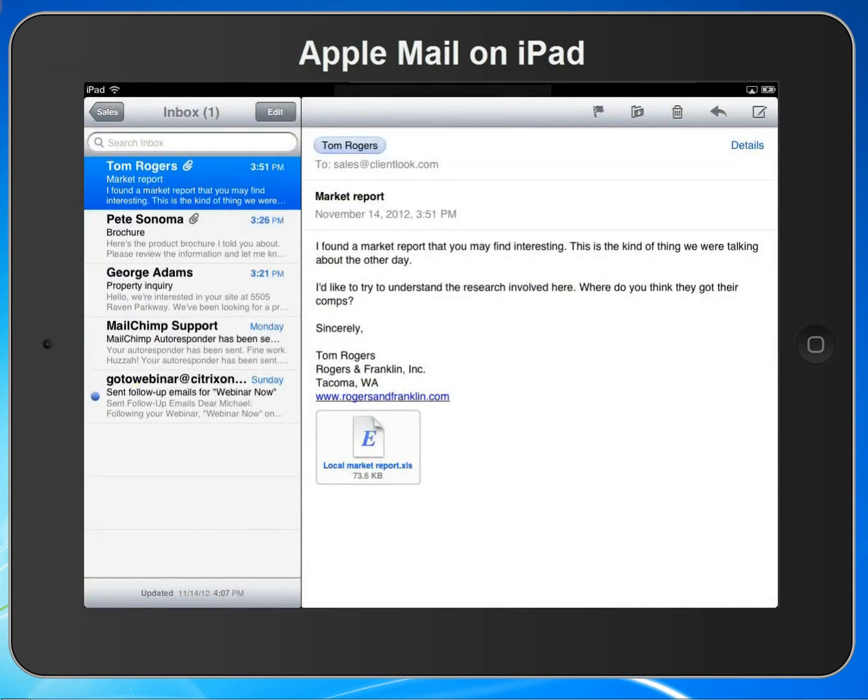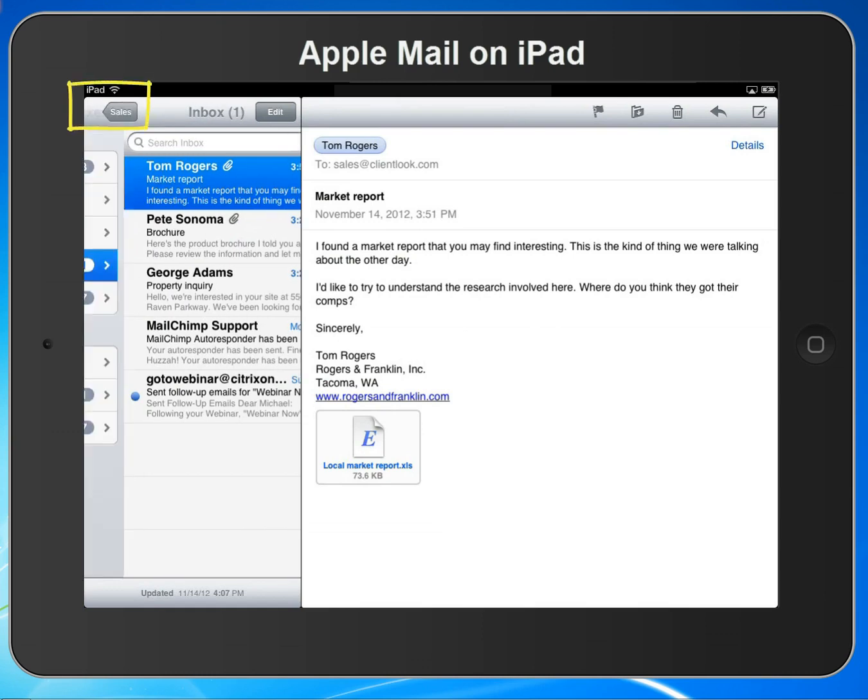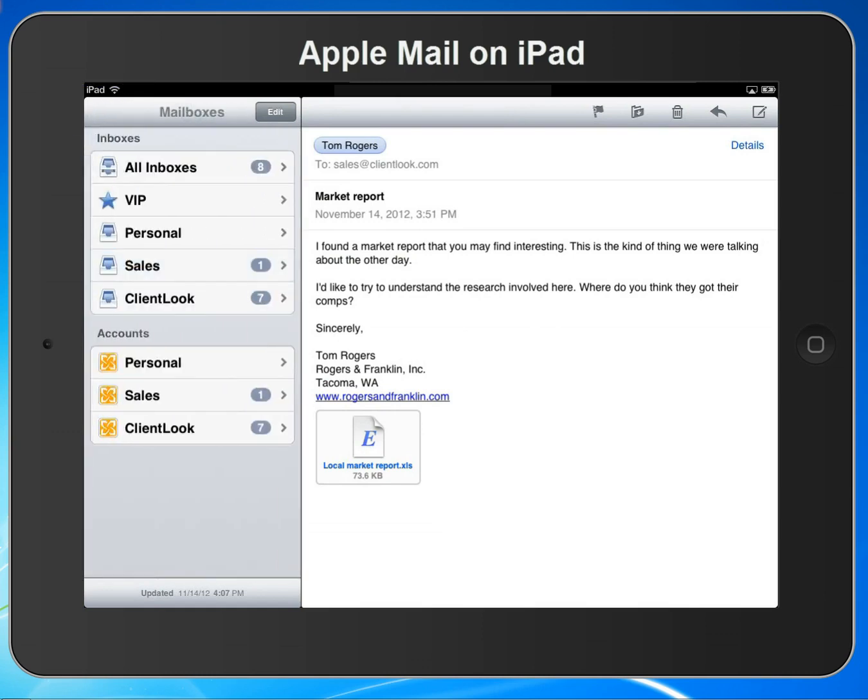Another basic concept to understand here is that you can connect your iPad to any email accounts you have. For example, if I click on the little button in the upper left corner, I see all the mailboxes that are connected to my iPad. I have a couple of our corporate Google Apps accounts. I have my personal Gmail account. I could connect anything I want through Yahoo, Hotmail, Microsoft Exchange, or whatever.